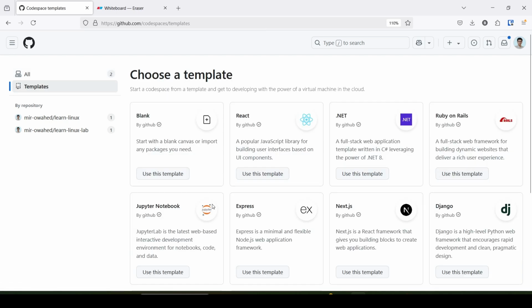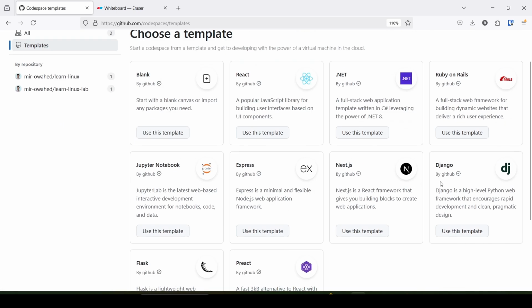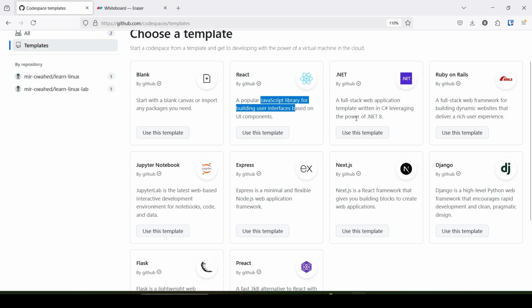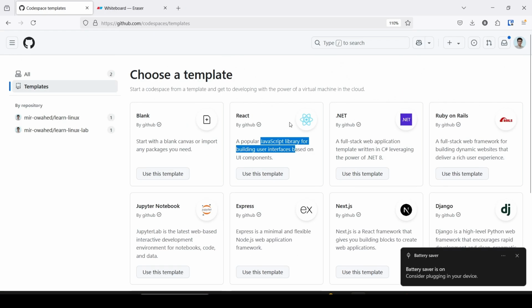There are several machines available. This is a Next.js machine, with Next.js already installed on it. This is a blank machine. This is a .NET machine. A React machine is available, and a Jupyter notebook is available. For example, I want to do JavaScript coding, I want to learn JavaScript coding. You can use this. Click here. Okay, in this way you can create a machine,